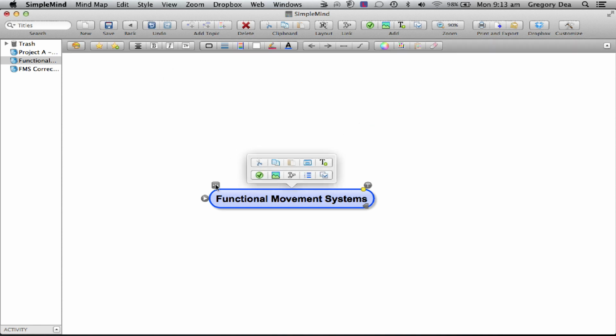There are other things that you can link to, such as an image, and you could also put a checkbox into this bubble, which would allow you to select it if you were doing activities where you wanted to check things out. So I'm going to take that checkbox out again. So if I now expand out that bubble,